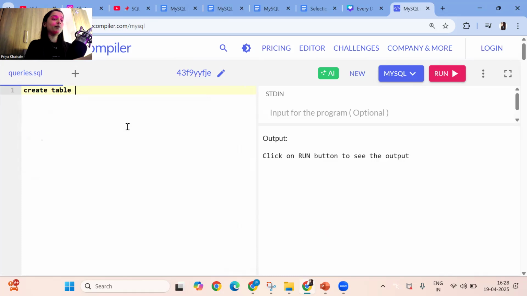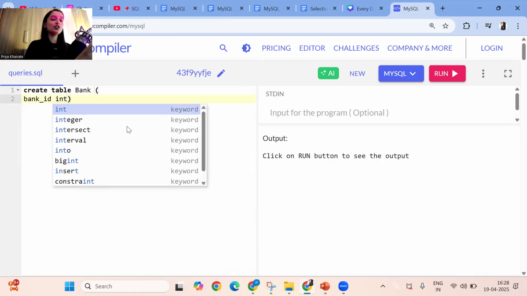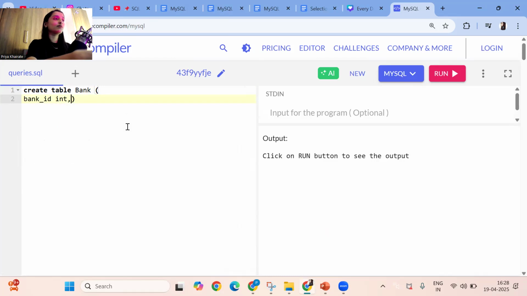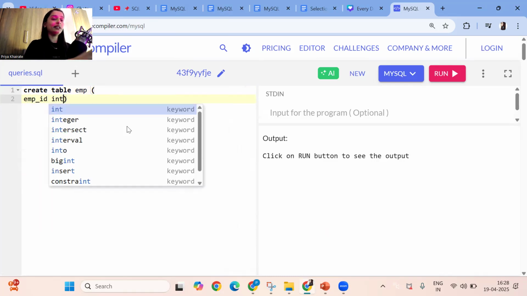Create table. Let's say the table name is, again we will give bank table. Inside this, let's say we have a bank ID, integer. Or rather, we will create an employee table, guys, because it will help us understand the concept. Employee ID, integer.